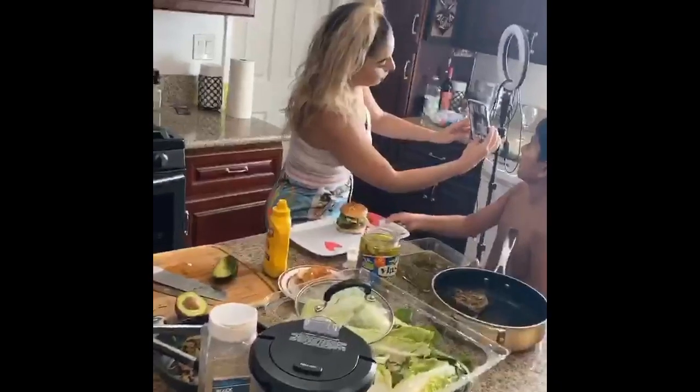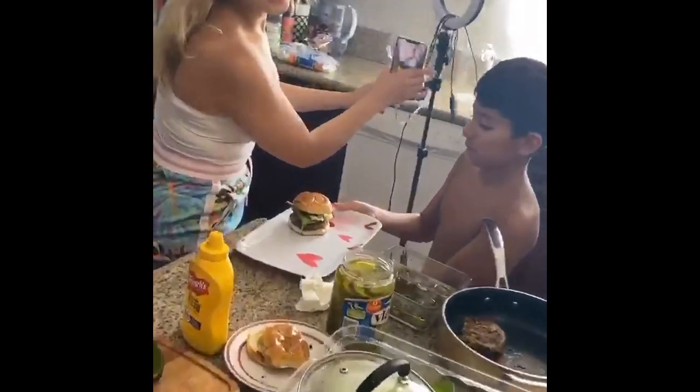So here we have a 3-meat patty, no bread, protein style, made by my lovely wife who's filming her YouTube channel. And look at my sonny boy turning that burger up. What's up,